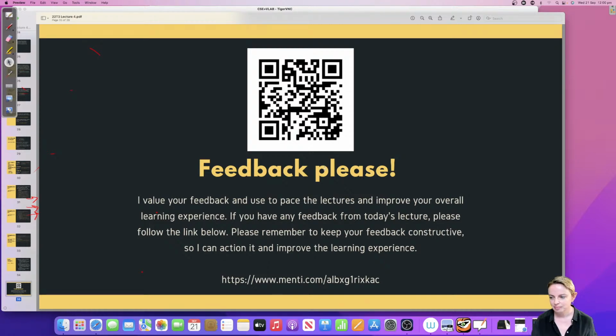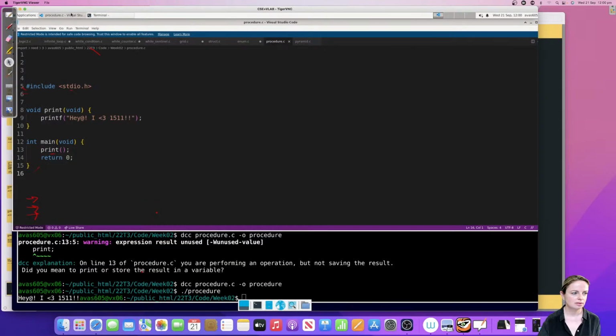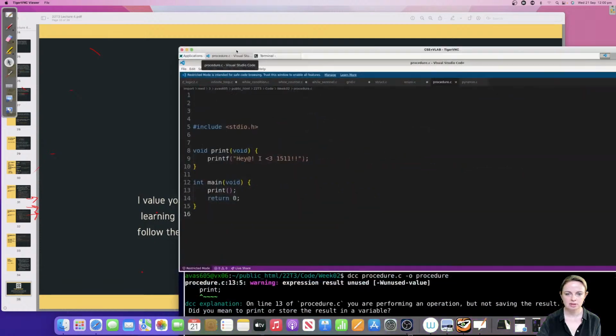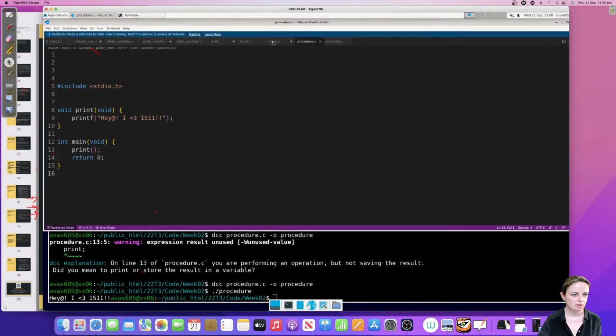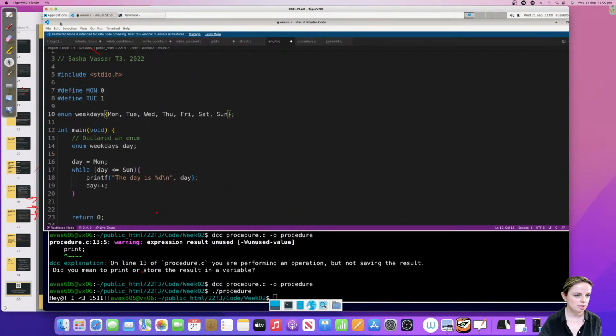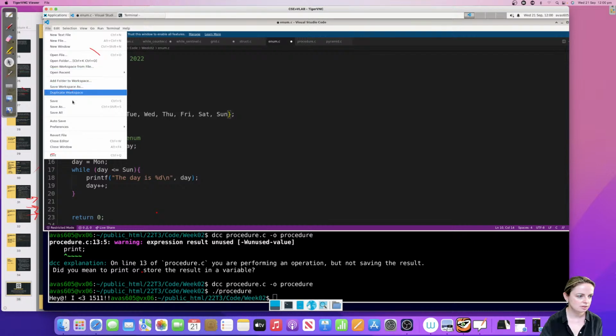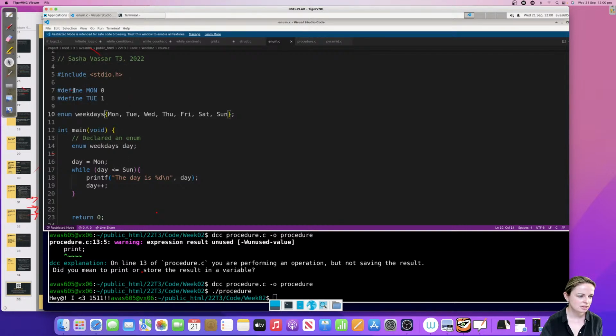Yeah. You can see the enum code. I've uploaded it, haven't I? Have I? Let me move this out. Enum code. Yeah, saved. It's not saved. Oh, there's nothing. It's because I did those defines.